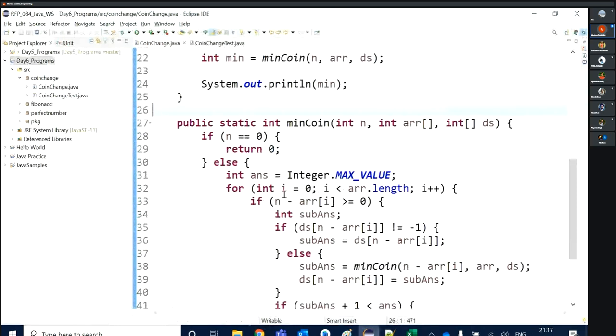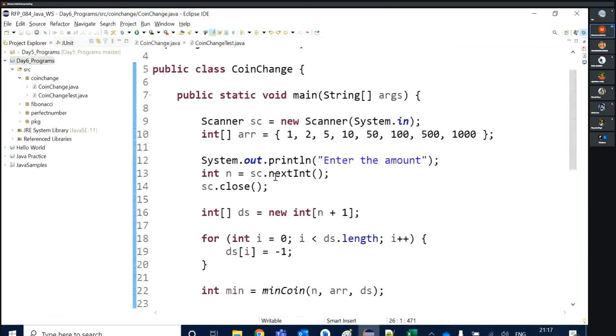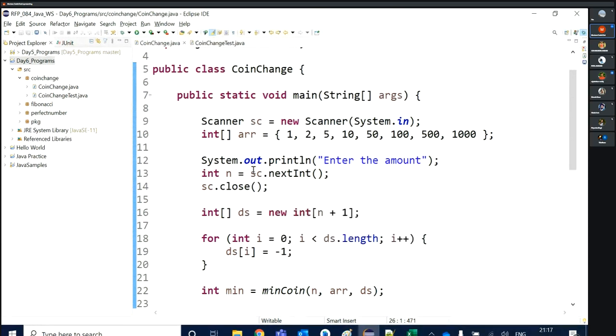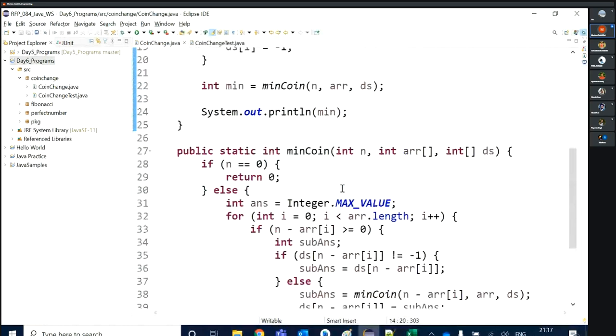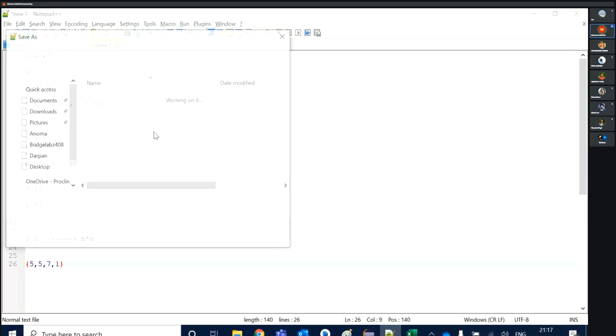Let's say for the amount 18, with our solution, I'm using two 5 rupee coins, one 7 rupee coin, and one 1 rupee coin. So in an array, my output should come like this: 5, 5, 7, 1. This is your second output.